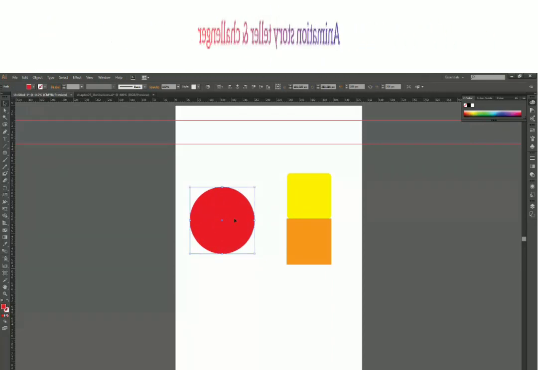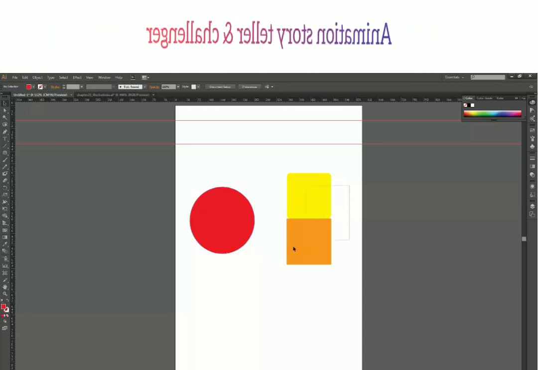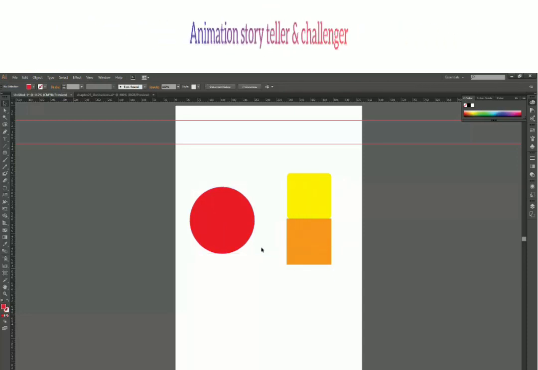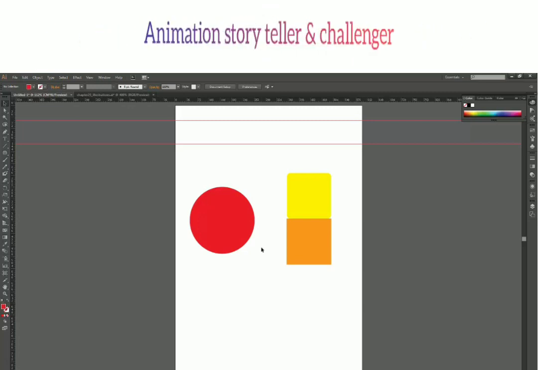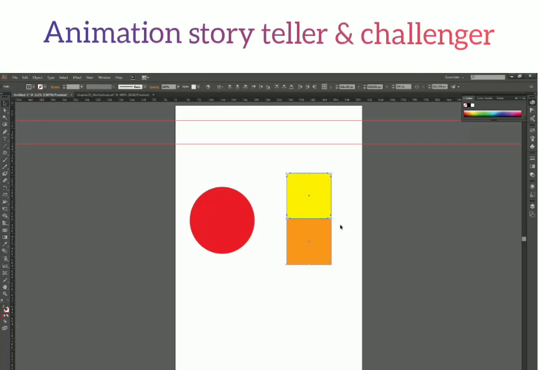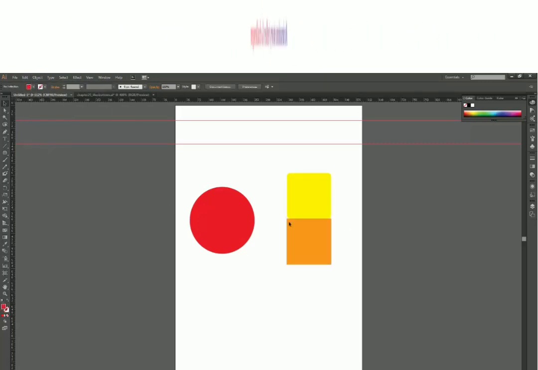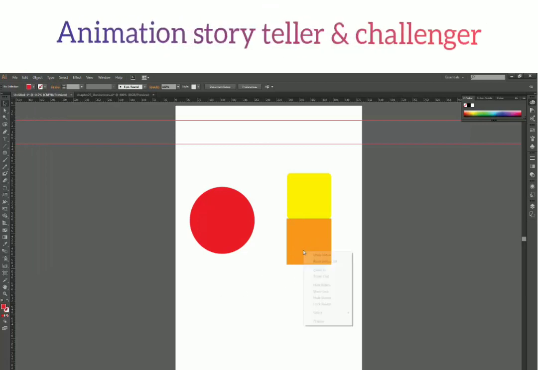Now again the same problem. If I want to unlock a particular shape, I cannot do that because you cannot select a shape and say unlock this shape. So all you have to do is press Ctrl Alt 2 to unlock all, or go to object and unlock all from here. I think the same options are available in right click.